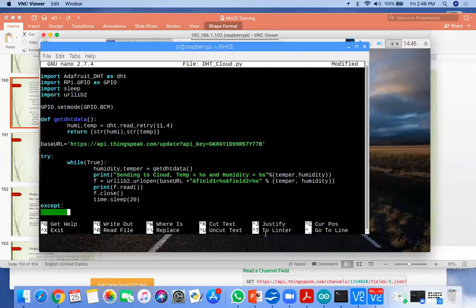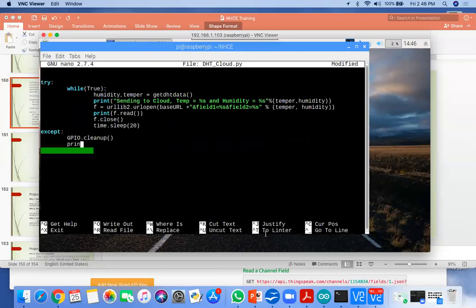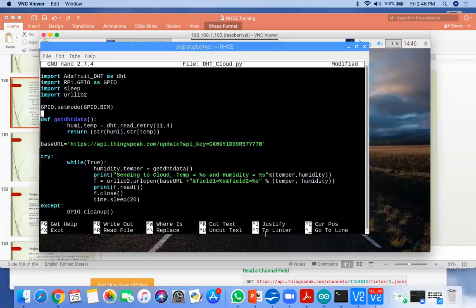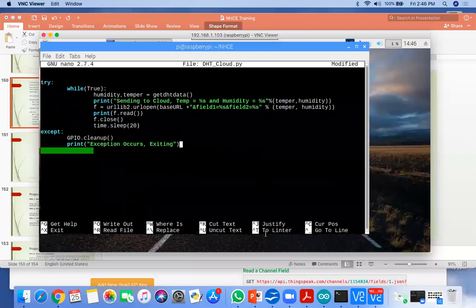When any exception comes, it will go for GPIO.cleanup, and it will also print that exception occurs, exiting. Okay, so very simple programming. I'm going to share all this programming with you. But the program is very easy.